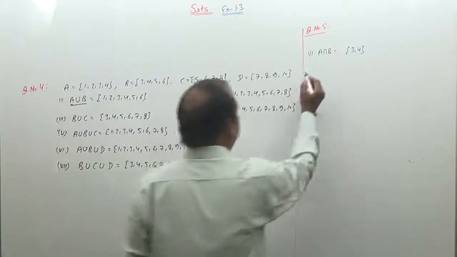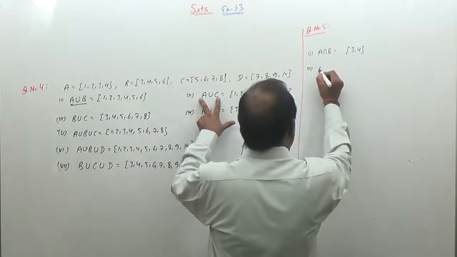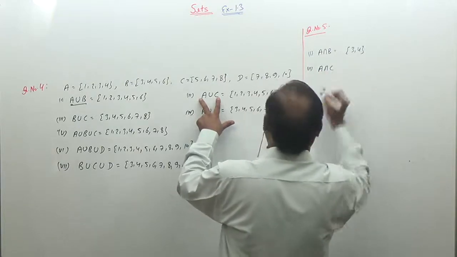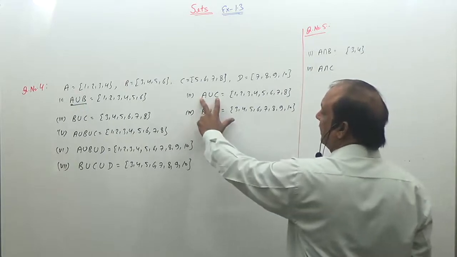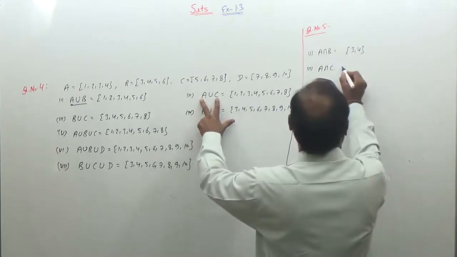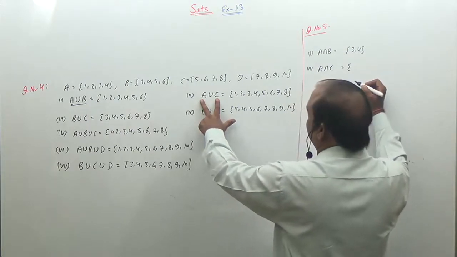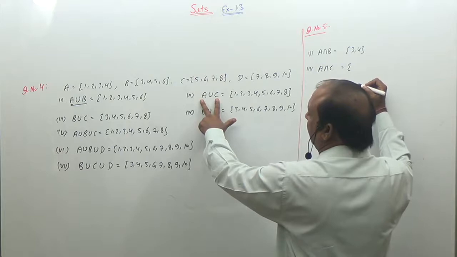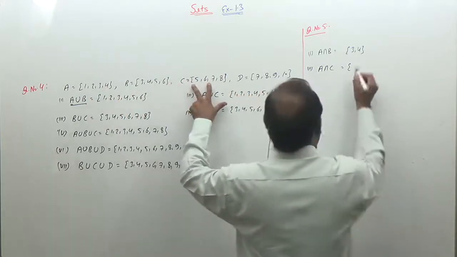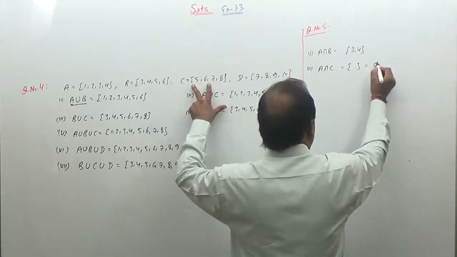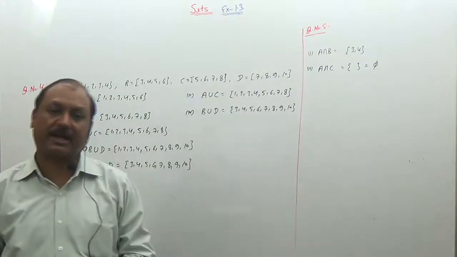Now, second one is A union B. इसको आप कन्वर्ट करें A intersection C. क्वेश्चन 5 के लिए इसको कन्वर्ट कर दें A intersection C. तो A intersection C is a set which contains the common elements of A as well as C. A में एलिमेंट हैं 1 2 3 4, C में एलिमेंट हैं 5 और 6. So there is no common element, so we can say that A intersection C is phi set, empty set, null set.